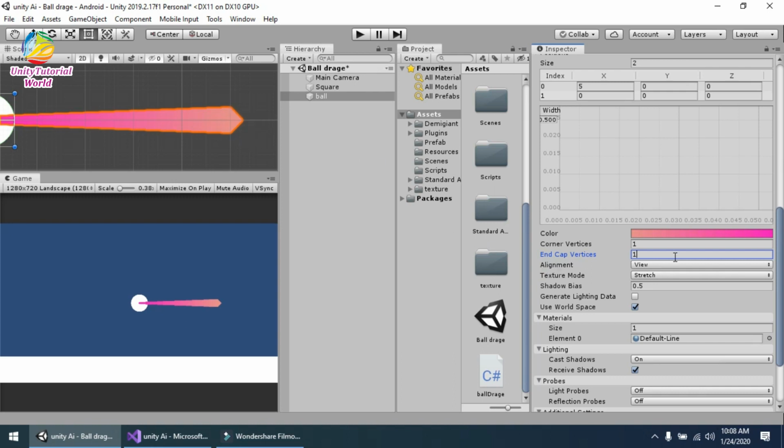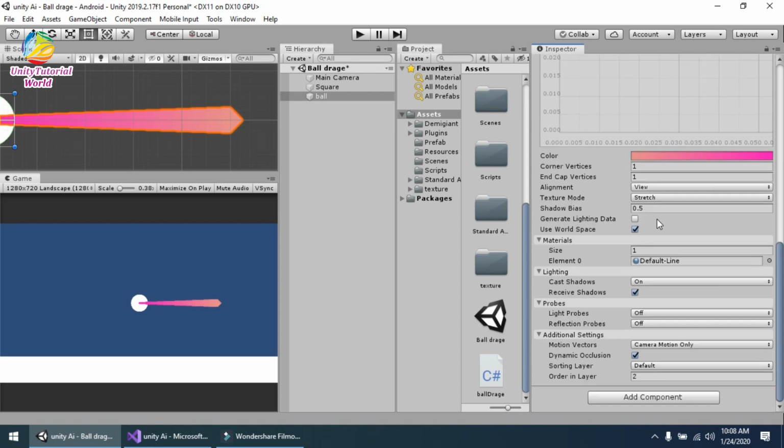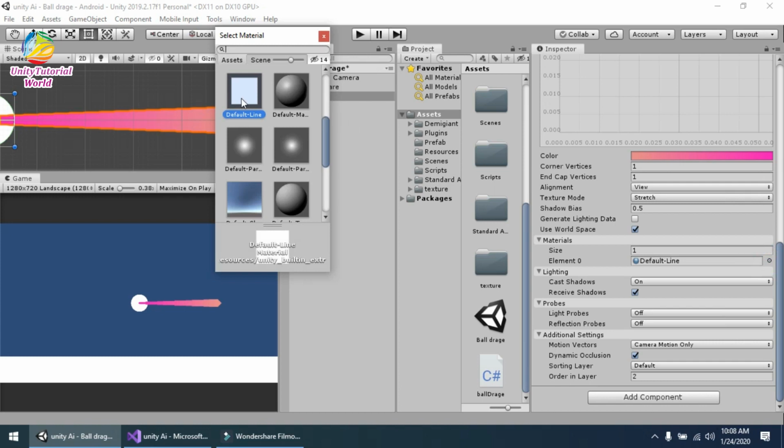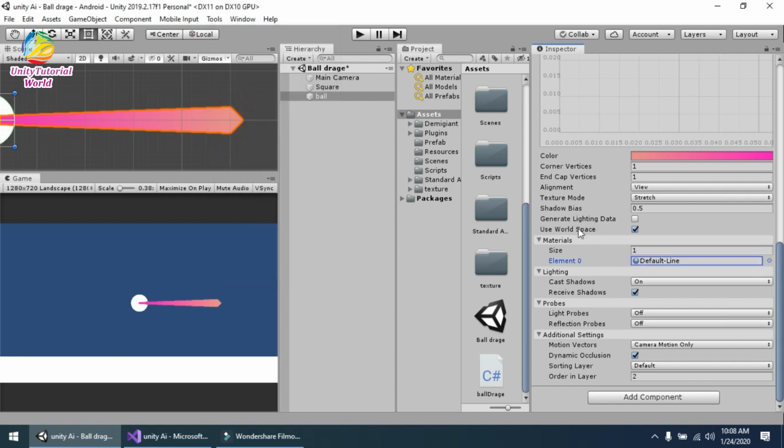So this is the simple way. And I should change the width of our line to 0.5, so it will be small and thin. And I should use the simple material, by default the line material. Double click on it and use the world space, because we want to add force in our ball on world space, and other things are the same.